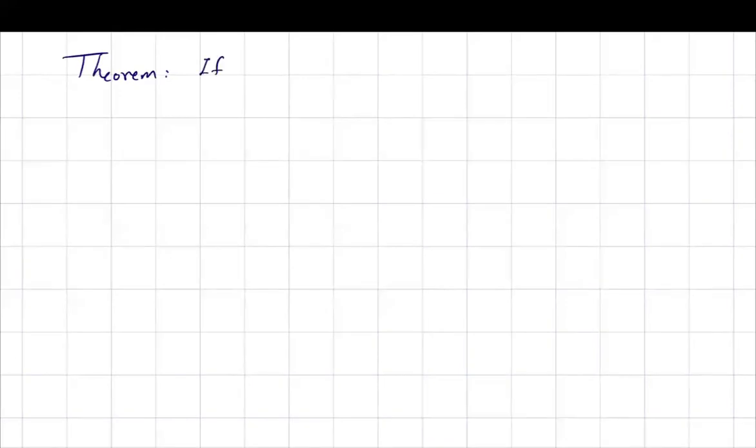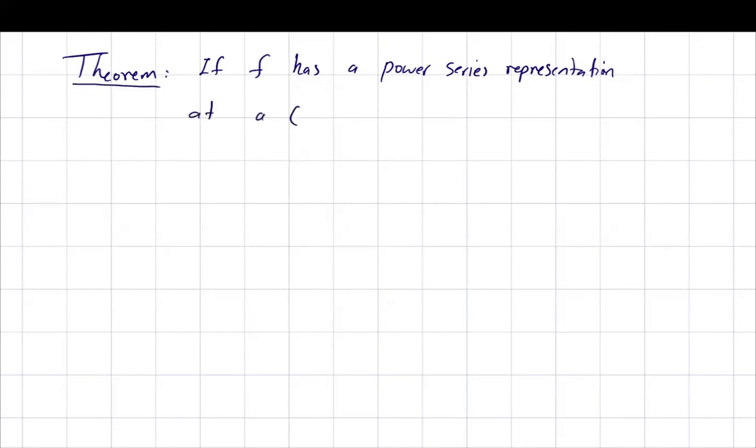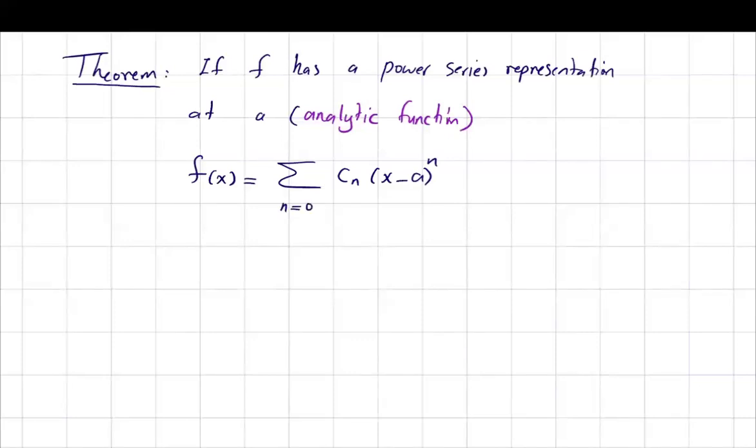Now, the theorem says if f has a power series representation at a value like a, or we officially call it an analytic function, and f of x can be represented by the summation of Cn x minus a to the power n, starting from 0 to infinity, and as long as the absolute value of x minus a is less than r, then the coefficients